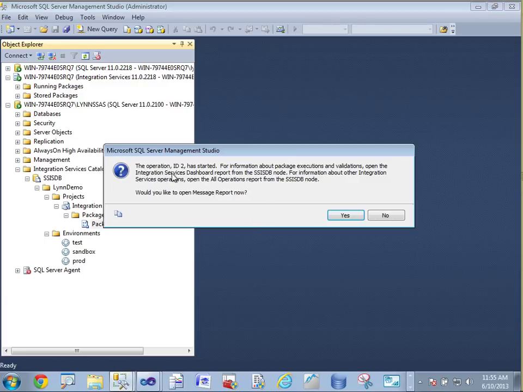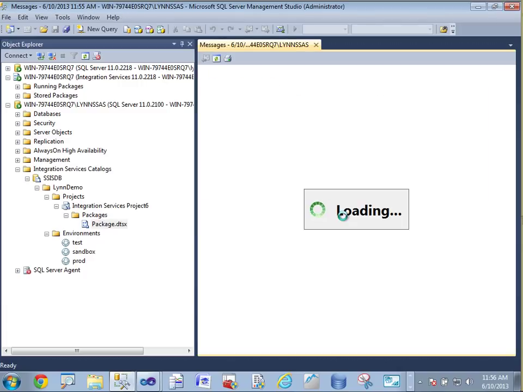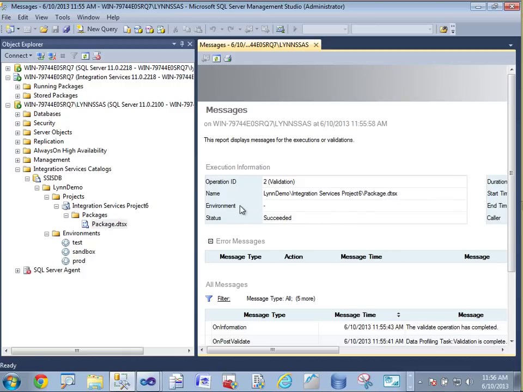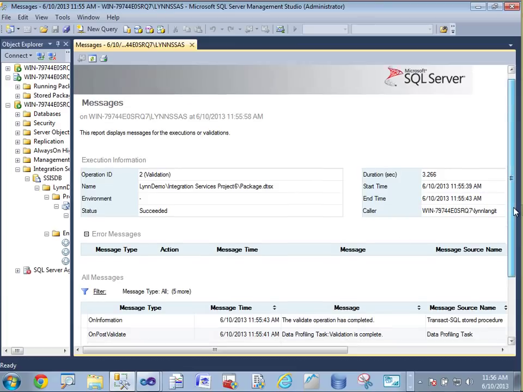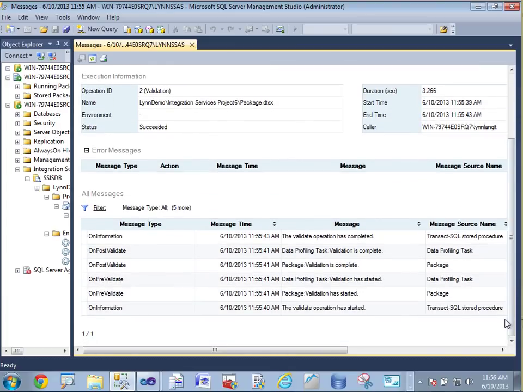And now it says the operation ID 2 has started. For information about the package execution validations, open the dashboard from the SSIS DB node. For other integration services operations, open the all operations report. Would I like to open this? Yes, it's probably already done, but I'll open it. And you can see that, let me just make this bigger, that I have this new dashboard that will do